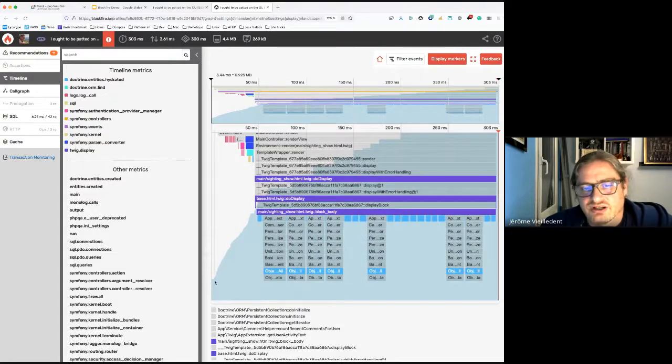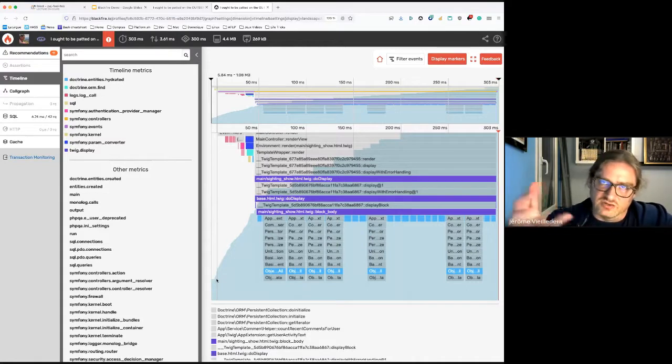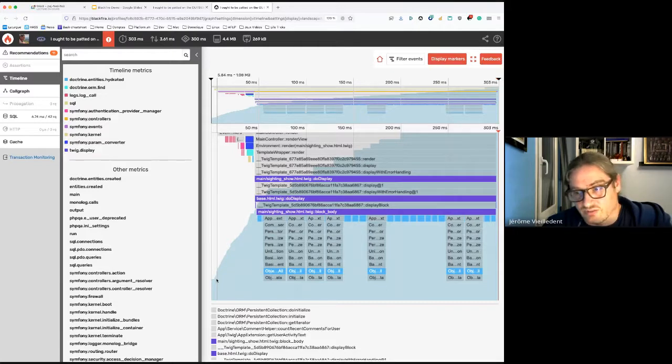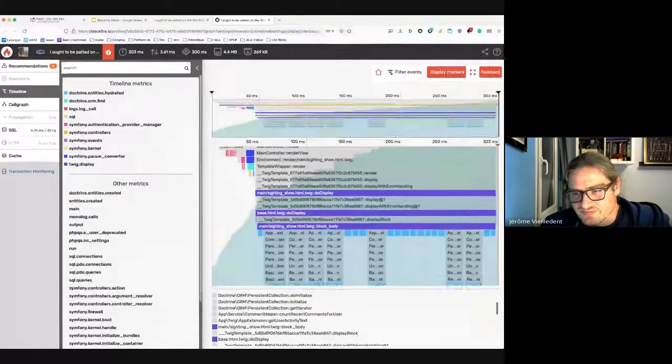Something else, the blue graph in the background represents the peak memory envelope that is increasing over time. It's really useful for memory leaks detection. So always keep an eye on this.